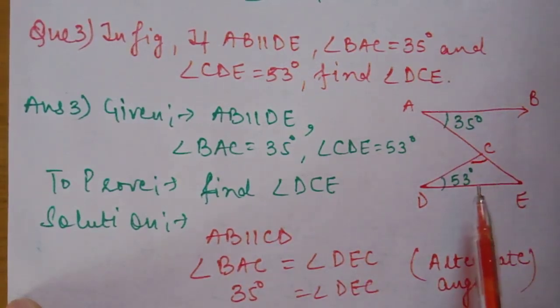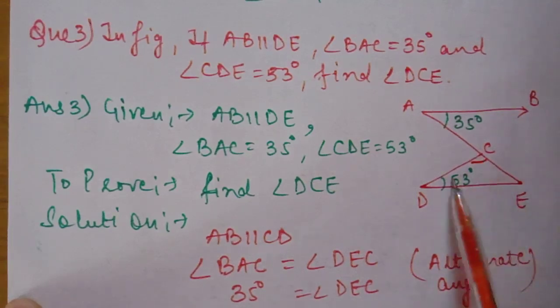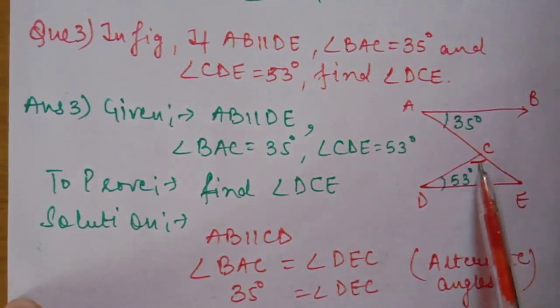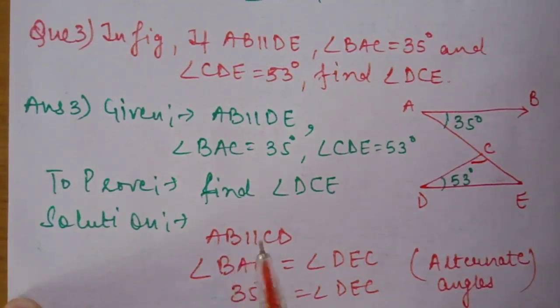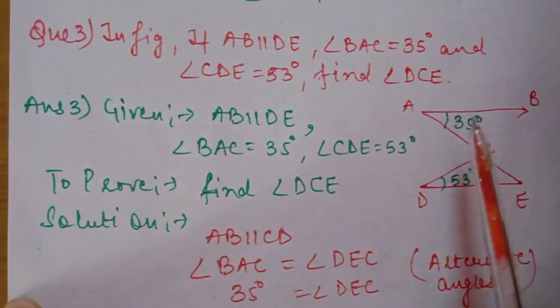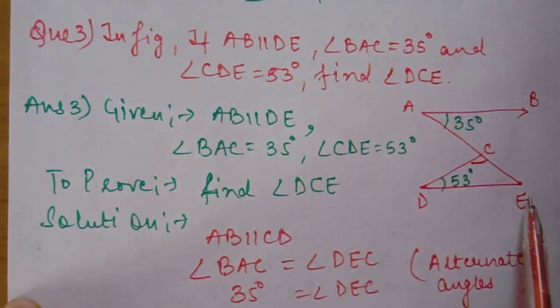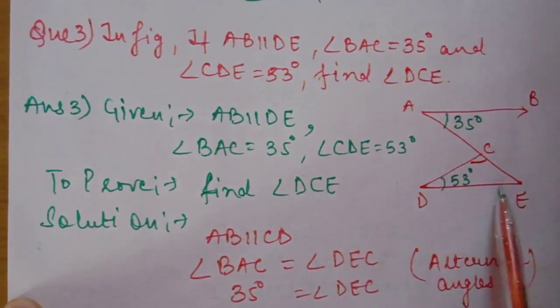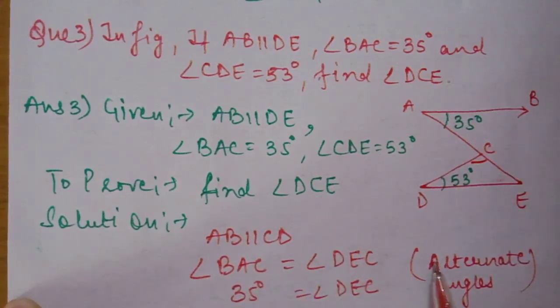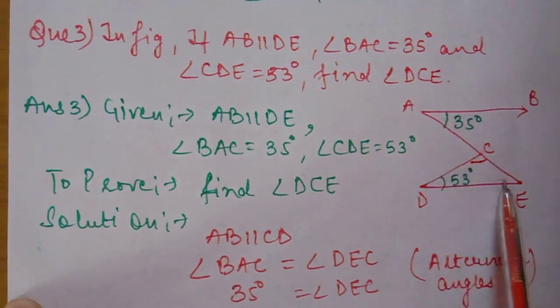So definitely whatever our plan of action, we have to find this angle also, and then we will apply angle sum property in this triangle. Then it is very easy to find this angle. So we will start our solution. AB parallel CD. So if these two lines are parallel, then definitely AE is transversal. So this angle and this angle is a pair of alternate interior angles. So definitely this angle is also 35 degree.